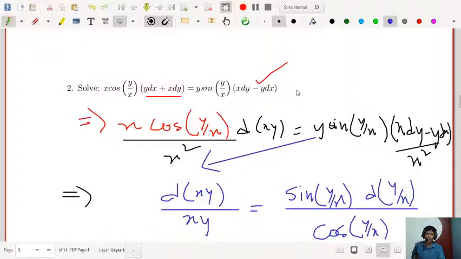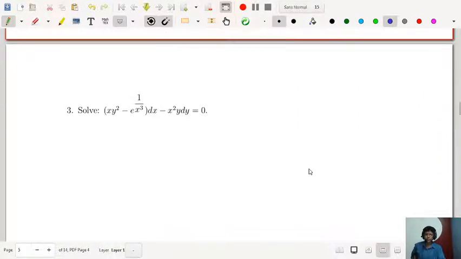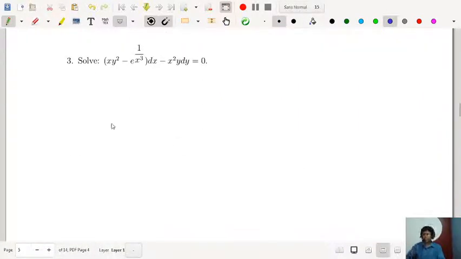So this is how you deal with the problems. You just observe the problem very carefully. What is the differential form? You can write the differential, or you need an integrating factor. If you need an integrating factor, just remember the table, or you can go through the table, and after that you multiply both sides and just apply your arrangement and transpose, you will get the solution, okay. Let's have another example.